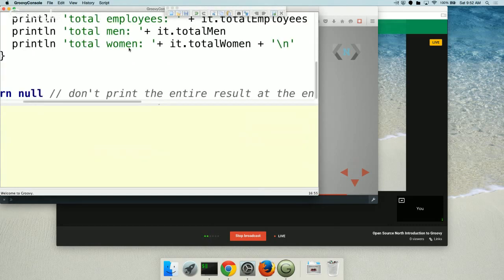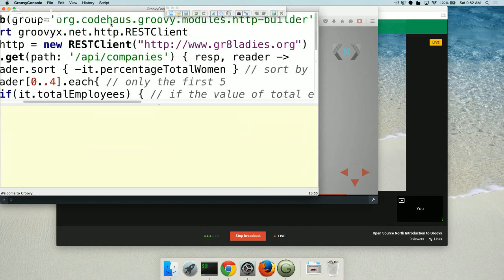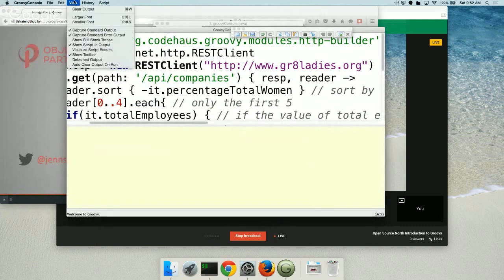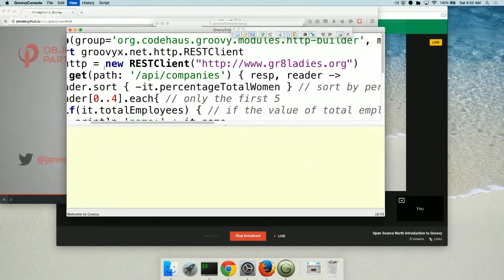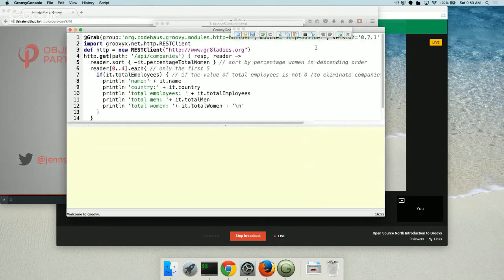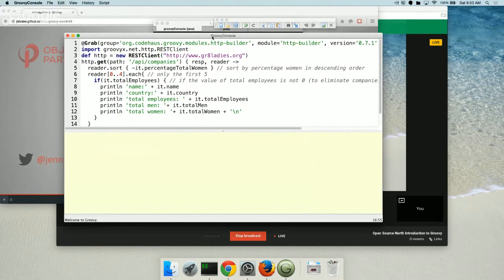Great. Oh, except that's way too big to read. Okay. Can you still see that, even in the back?